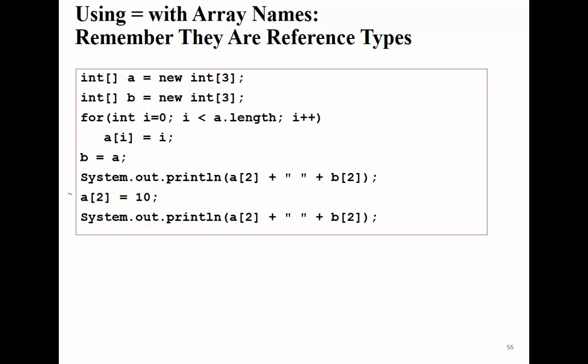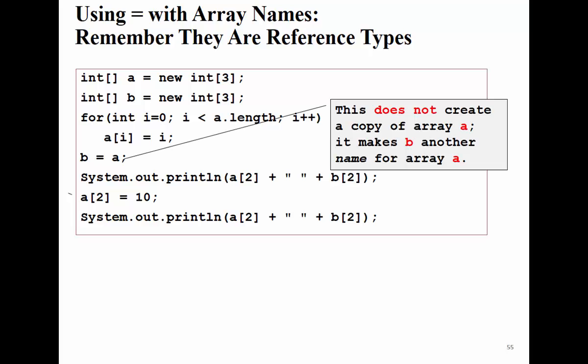Now we try to change element 2 of A only, thinking that we copied the array. We change element 2 of A to 10, and we print again. What do you think the result will be? 10, 10. So here we are making a reference, not a copy of the array, remember that. Someone might think, oh good, I did the copy correctly, but when you assign 10 to A, you find out P also has the same 10, because both A and P are accessing the same elements. We're not copying the elements of the array, we are adding another reference to that array.